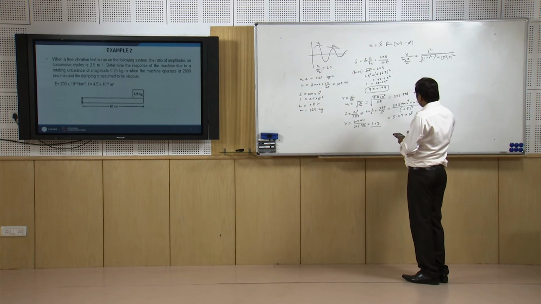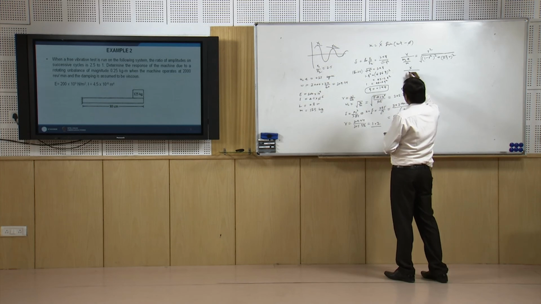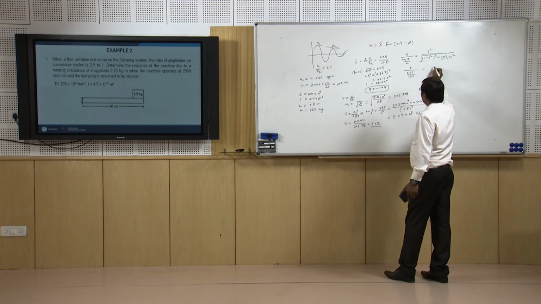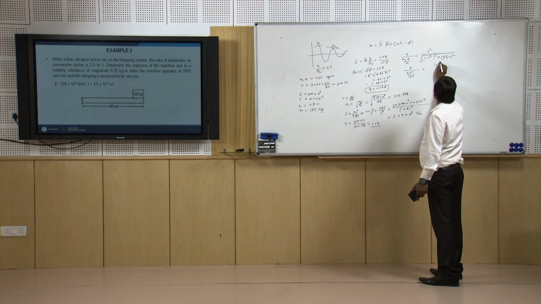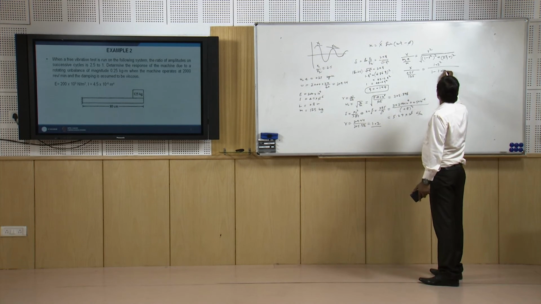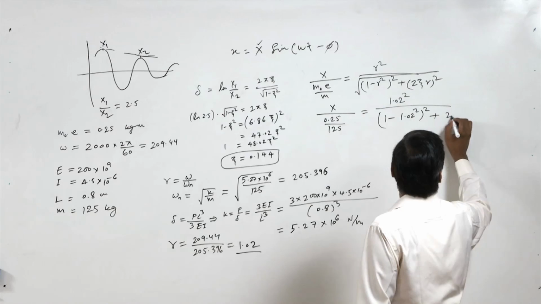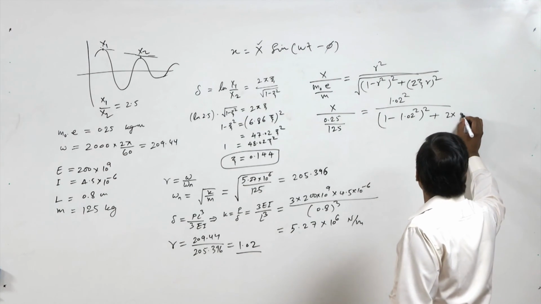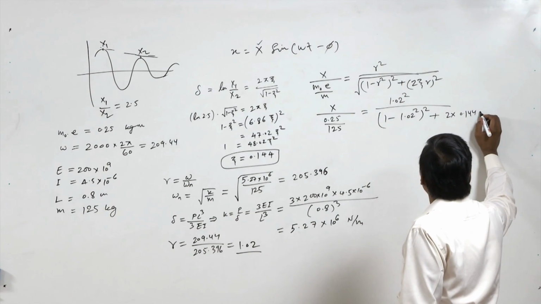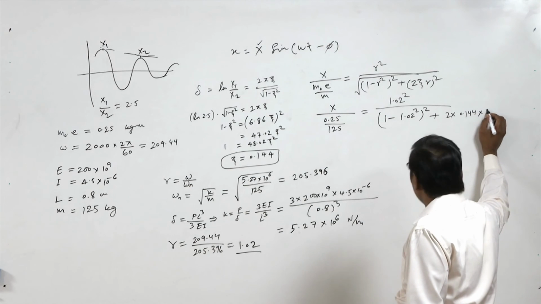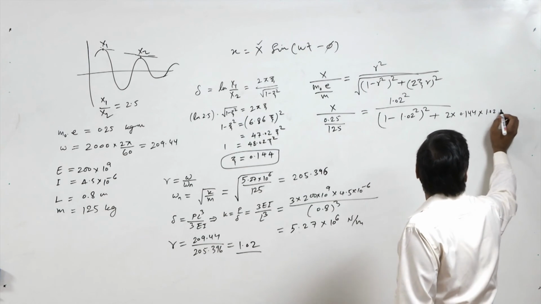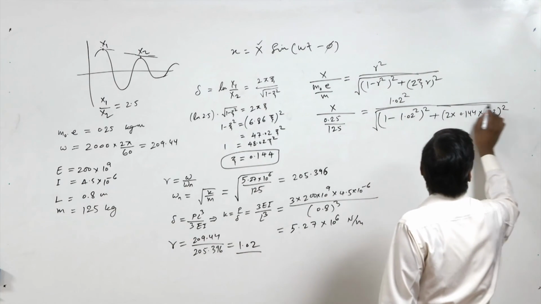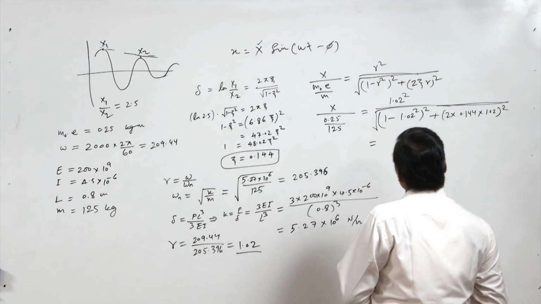So x by m0 e, where m0 e is 0.25 and m is 125 kg, equals 1.02 square upon the square root of (1 minus 1.02 square) whole square plus (2 into zeta, which is 0.144, into r, which is 1.02) whole square. So we will get